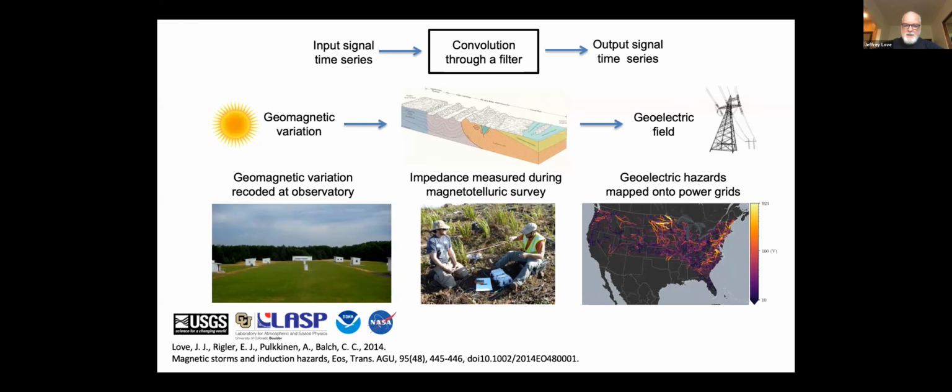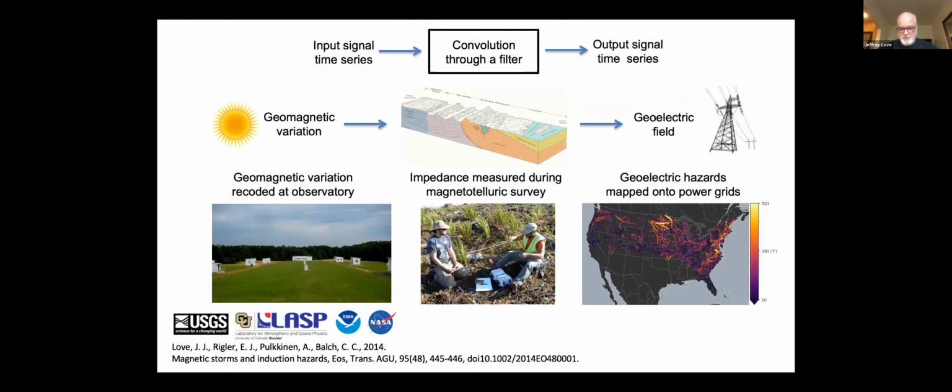Okay, all of that's qualitative, and I would say we understand that in a qualitative sense, but we want to be quantitative. We want to understand not just that there were electric fields, but how big they were. We want to know where they were and when they were, over the course of the evolution of this magnetic storm. So we use real data, of course, magnetic observatory data shown there in the lower left-hand corner.